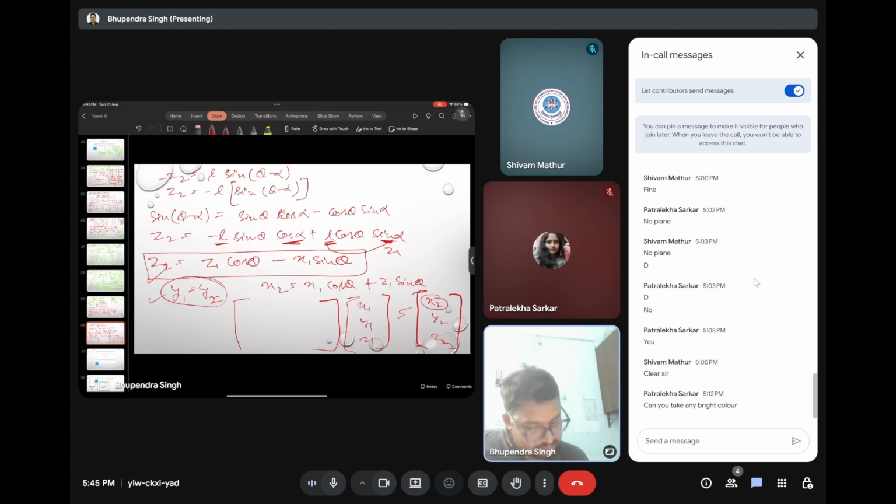What is x2? x2 is multiplication of x1 with cos theta, so the cos theta will come here. Now we are making the transformation matrix. Okay. Next,